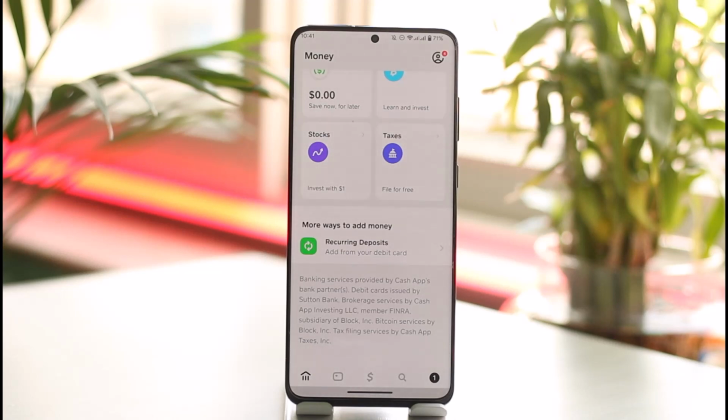Now in case that is not available in yours, it could be because you're not eligible. For that, just try to verify your account with your document or do whatever else you can. Another thing that you can do if you do not see the check deposit option is to just try to